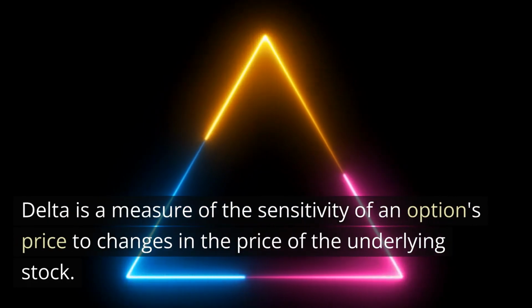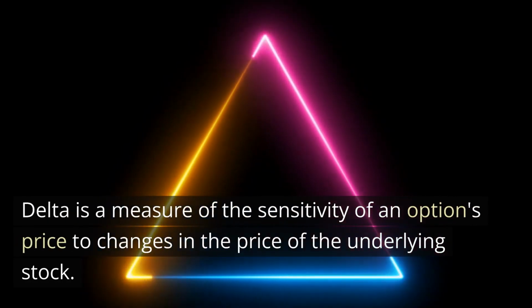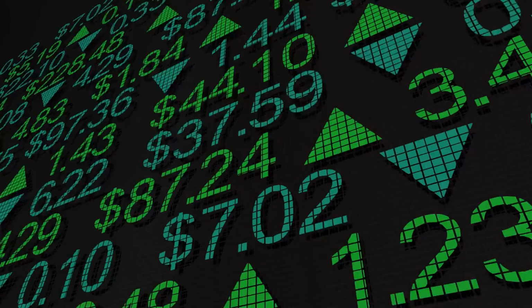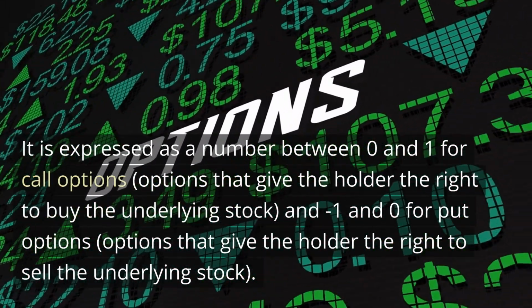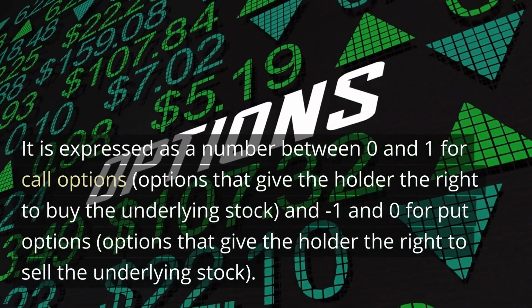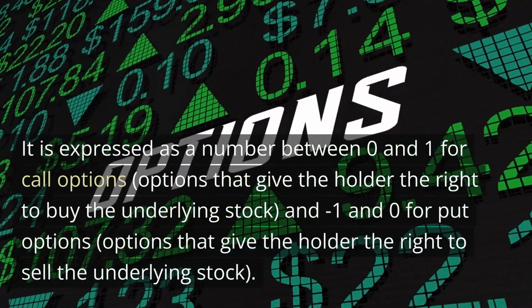Delta is a measure of the sensitivity of an option's price to changes in the price of the underlying stock. It is expressed as a number between 0 and 1 for call options, options that give the holder the right to buy the underlying stock, and -1 and 0 for put options, options that give the holder the right to